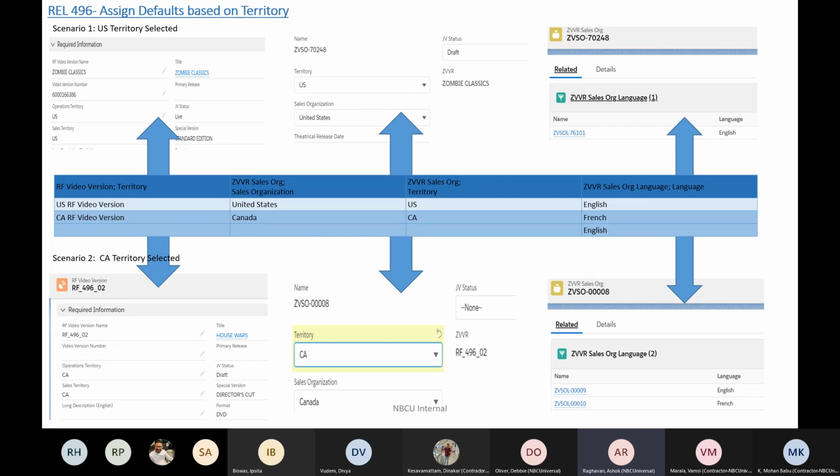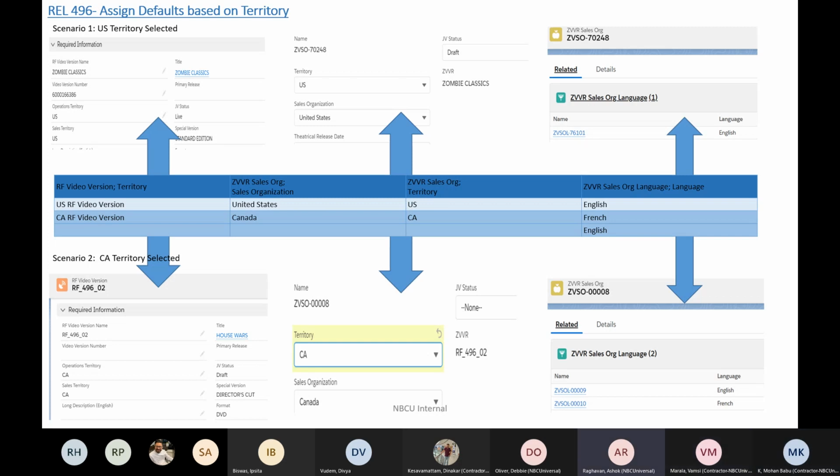This is how the sales organization belongs to a territory, and the language belongs to a particular sales org. It is represented in their system, and that's why they have multiple systems. Like I mentioned in the first call, to accommodate that, this is how the design happened. It is not just for our internal purpose; it is mainly for the JV.